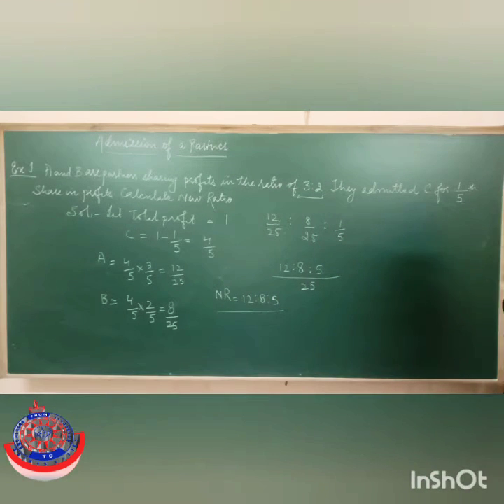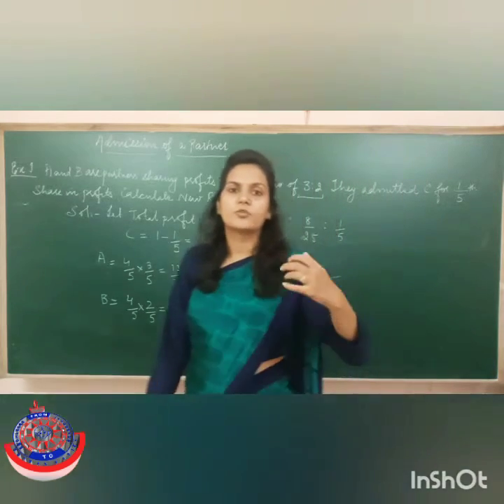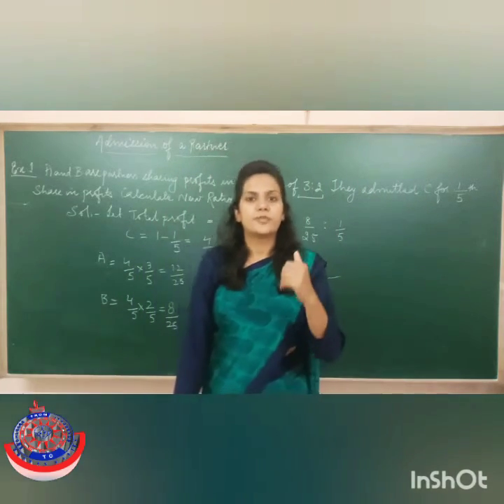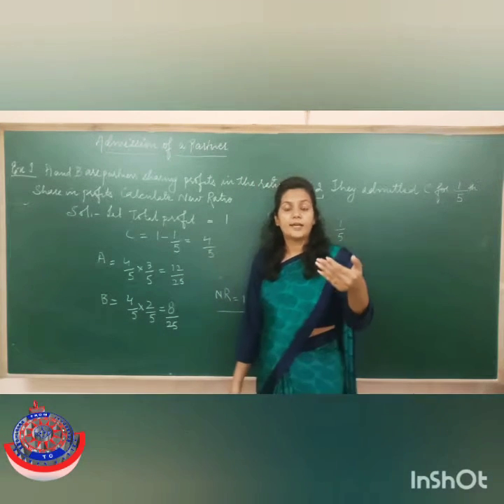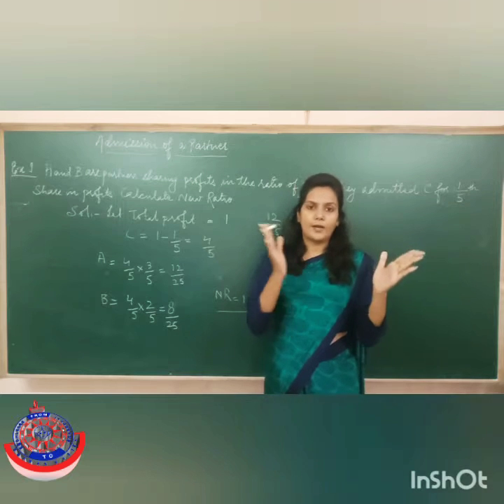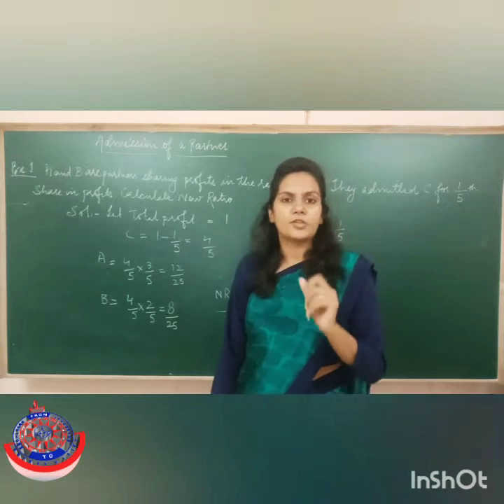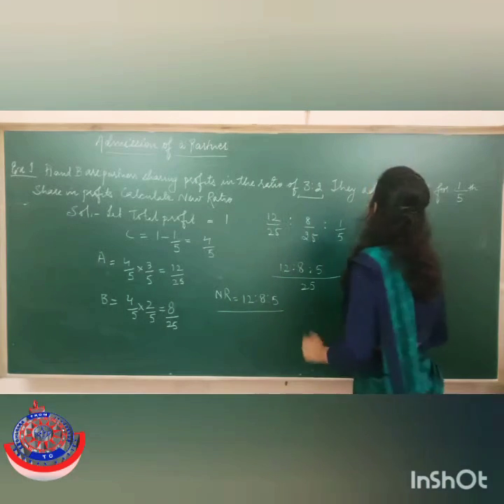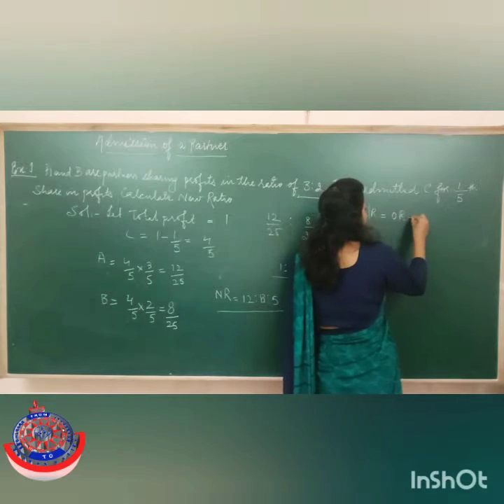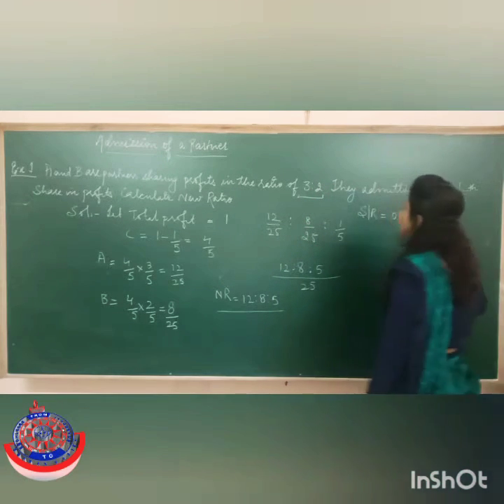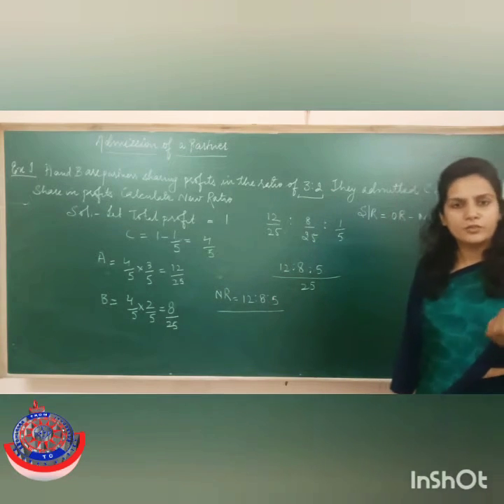Now suppose if it is asked in the question to calculate sacrificing ratio. So let me explain you the meaning of sacrificing ratio first of all. As we know that wherever any new partner joins a firm, old partners have to sacrifice some part of their profits, right? So you know that the ratio in which the old partners is sacrificing some profits for the new partner, that ratio is known as sacrificing ratio. So the formula for sacrificing ratio is old ratio minus new ratio. So now you know that C is joining, it means that A and B is going to sacrifice.